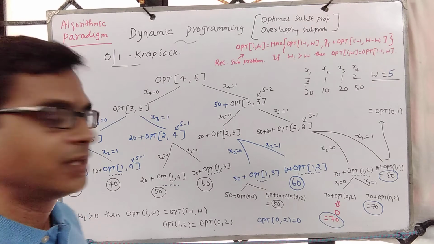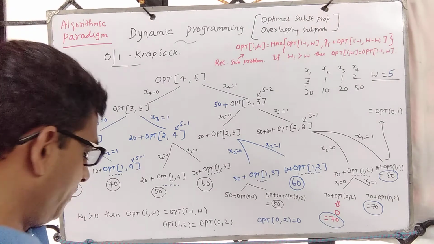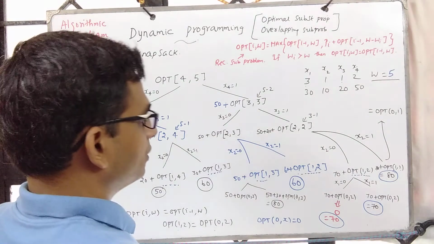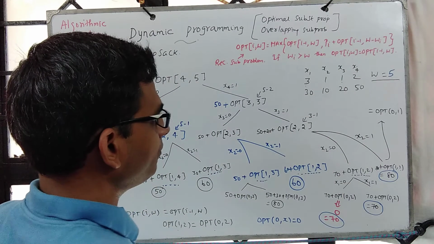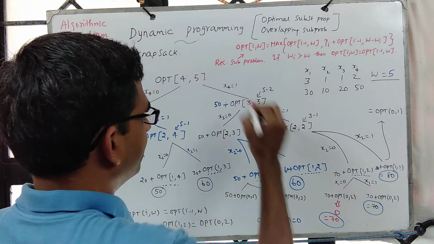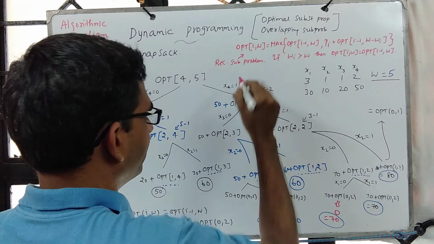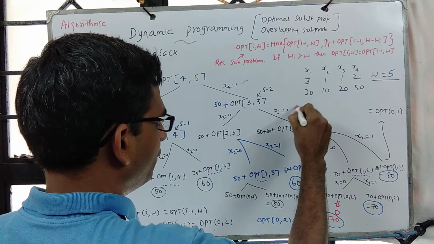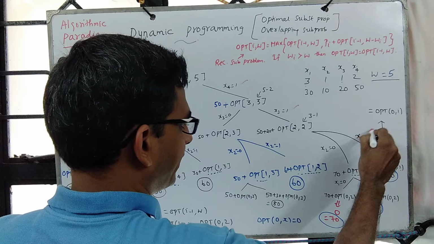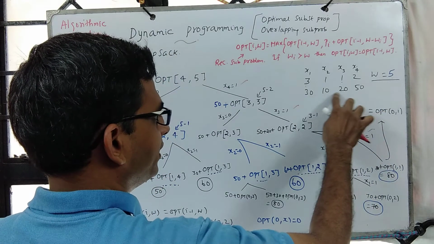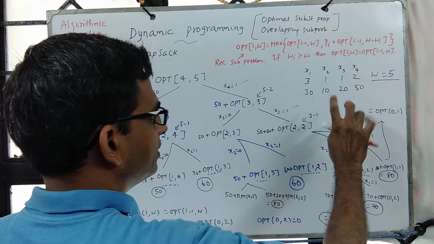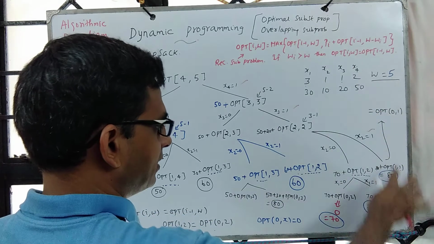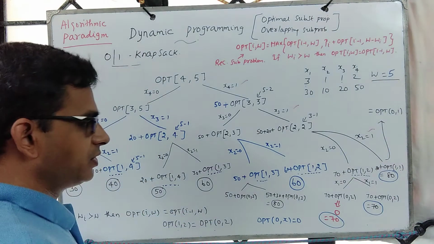Let's look at that branch. So this branch is maximum. So what is this telling us? It says include x4, include x3, include x2. So if you include these, weight will be 4, which is less than the capacity, and the profit earned is 80. So this is one solution.